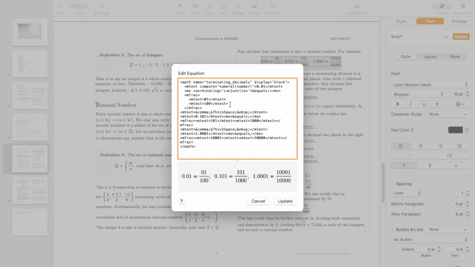All you do now is include our annotation, compute, numeral, as number. And that'll be the consistent thing that we'll do here when we're working in Pages,